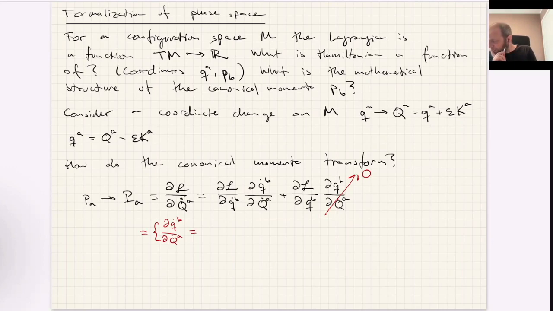Well, we know here. Let me actually erase that. Let me start from here. If I take the time derivative of that expression, what I find is q dot a is equal to capital Q dot a, minus epsilon, and then